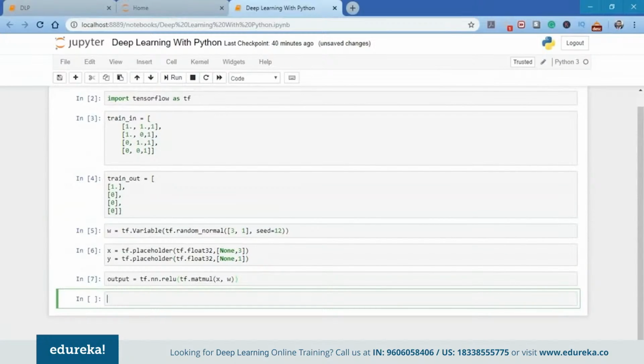So guys, as you can see here, in this case I have used the relu as my activation function. There are a lot of other activation functions like the sigmoid function, the relu, and the crelu. Other important activation functions will be introduced as you proceed further. Now that I have used the relu function as my activation function, I need to calculate the error value with respect to the perceptron output and the desired output.